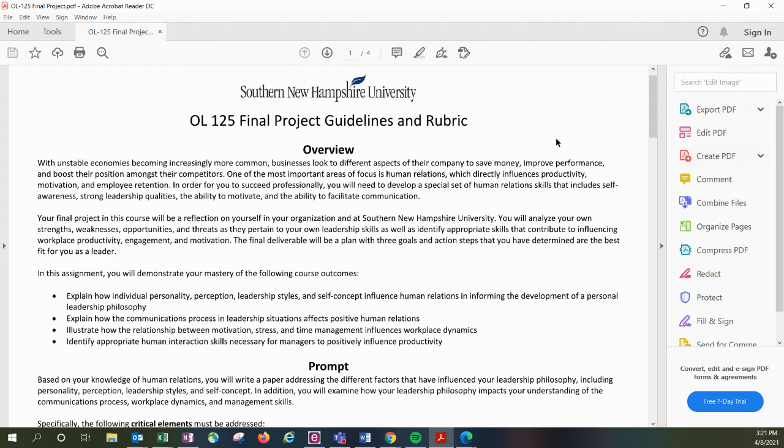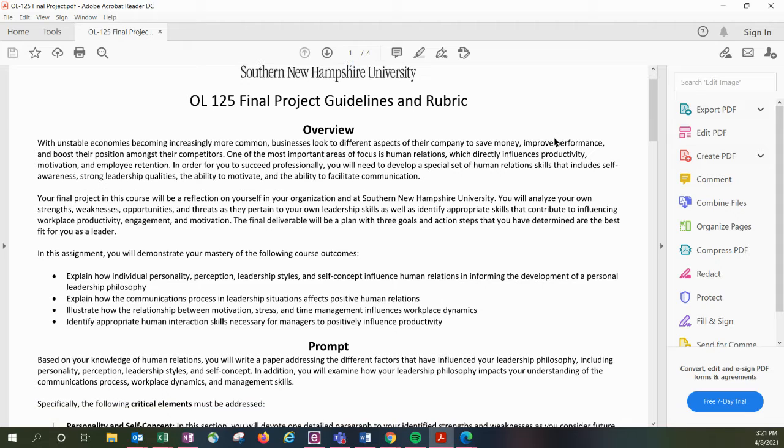And just like every other assignment we've done so far this term, you should be making sure that you are thoroughly reading through the guideline, as that's like the blueprint for how you should do an assignment. And then, of course, looking at the rubric itself, because that is what I'm using to grade your assignment to ensure that you are fully answering each critical element. So, you have been doing some assignments all throughout the term that have been solidifying some topics that you've learned so far this term, but also looking at some assignments that have been grooming you and helping you to get to the point where we are working on this final project here.